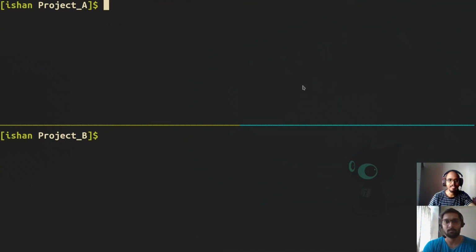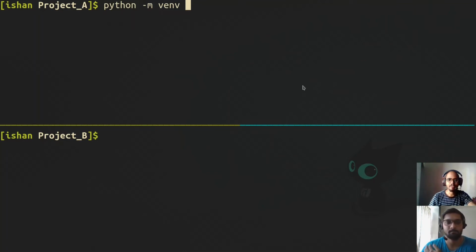So we have project A, which requires requests latest version. So we have to install that. But before that, we need to create a virtual environment itself. And to do that, we are using Python standard library, which is called venv. And to use that, we need to say python -m. So that means you want to use a Python module and then the name of the module, which is venv.